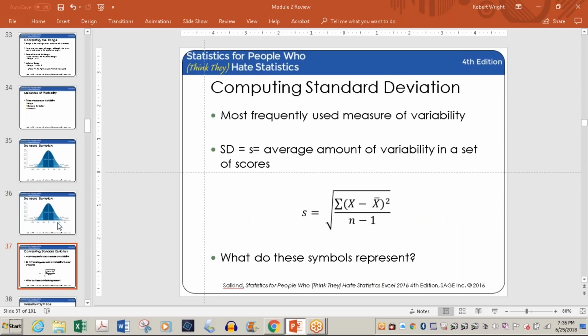Okay, computing a standard deviation. I do not expect you to remember these formulas. Formulas are great for figuring things out. If you use them a lot, you'll remember them. If you don't use them a lot, you'll look them up. I'm not doing any research currently, so if I had to start my next research project and compute things, I'd be looking in the book. I don't have enough brain cells to remember all this stuff. If I used it all the time, I would.